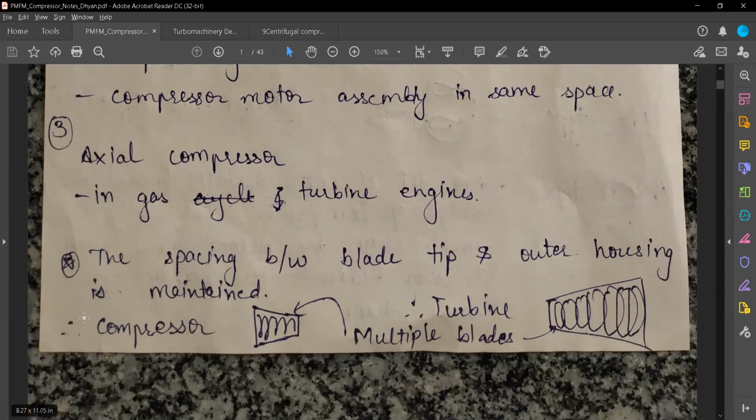So what's the difference? The compressor is increasing the pressure, reducing the velocity. So they should look like this. Here the area is going to reduce, and since the area is reducing, the velocity will increase, and by Bernoulli's equation, an increase in velocity results in decreased pressure. Sorry, a decrease in area will increase the pressure, and over here in the turbine it is going to expand, so the area is increasing, so the pressure will reduce.